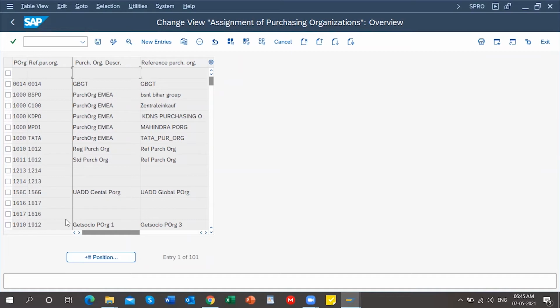Just consider IP01 as a central purchasing organization, and the one I just created, IPN0, as a standard purchasing organization.